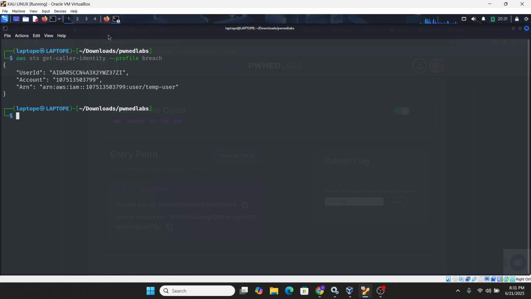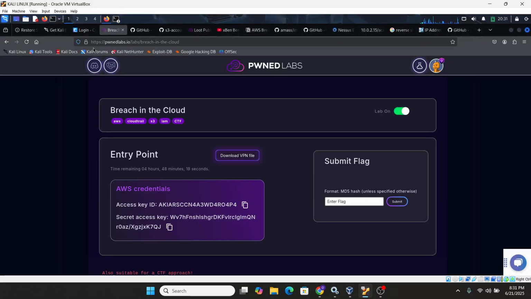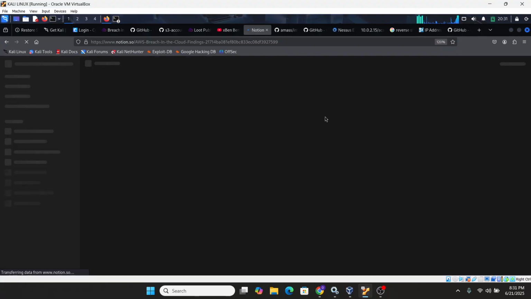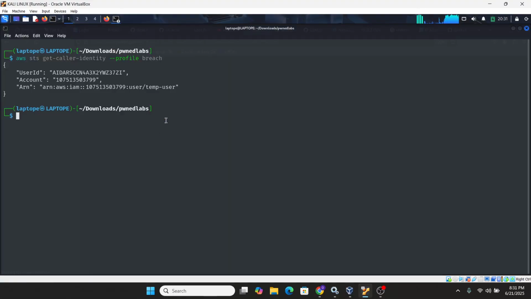Now we can begin our findings here, and we'll compile our findings as we are performing each one of them, as we are getting new findings. So we know that the name of the user is temp user.